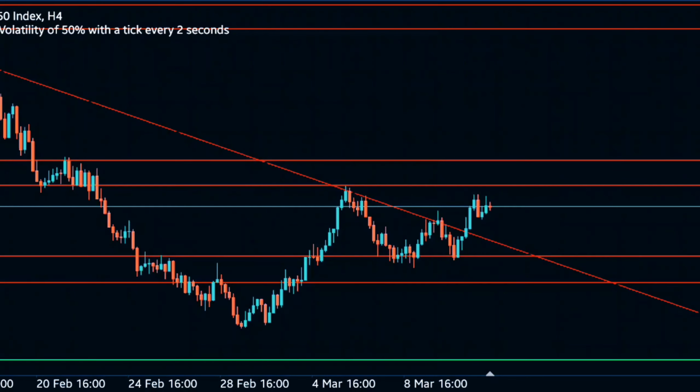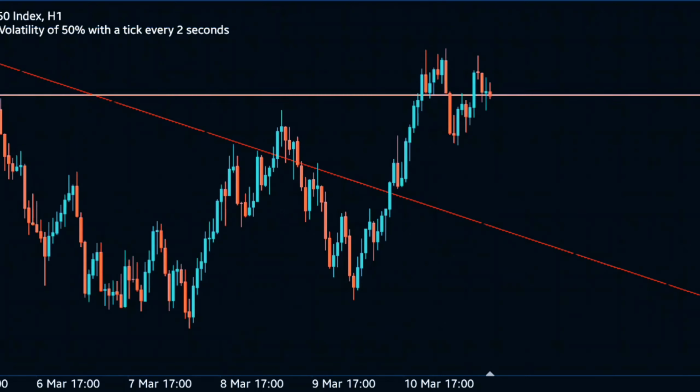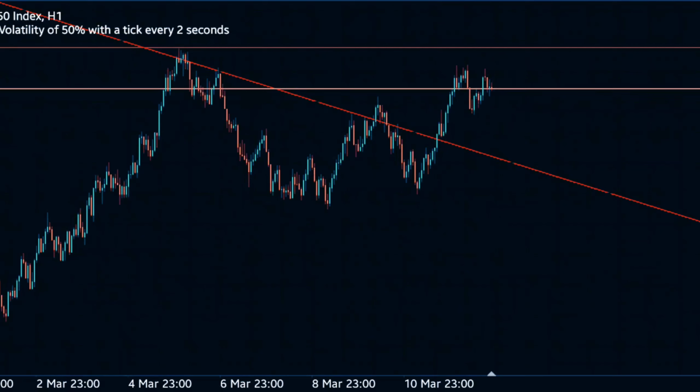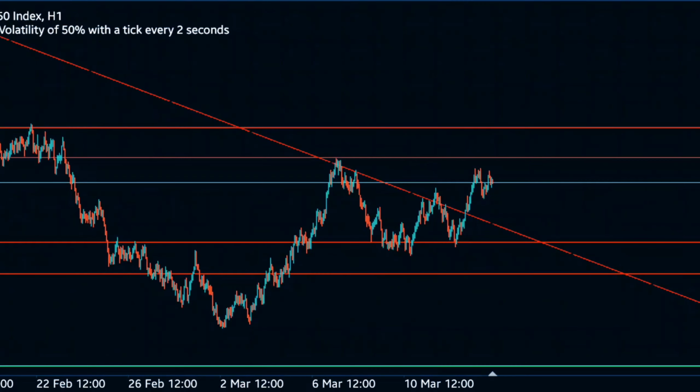So let's see what we have on 1 hour, shall we? All right, on the 1 hour, it's bullish, because we broke above this low, but this is a higher time frame high which trumps this. So still I'm not going to take any trade, and I don't intend to take any trade right now. I'm just going to be sitting on my hands.